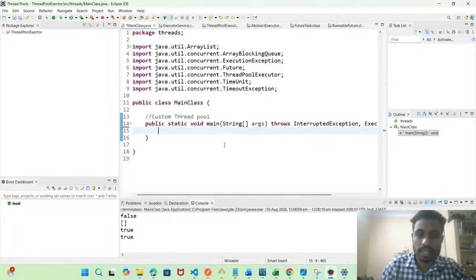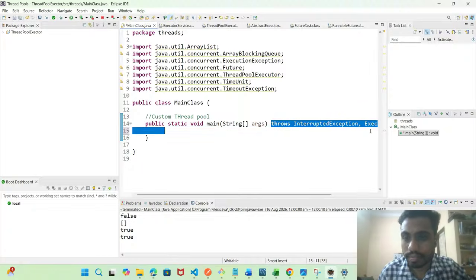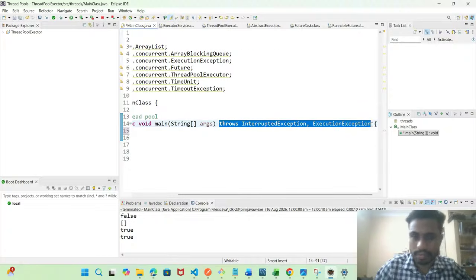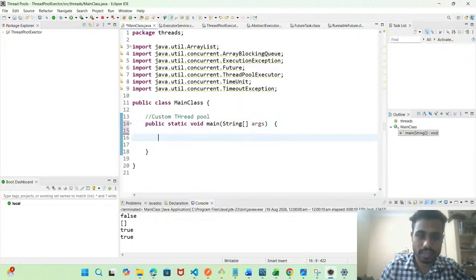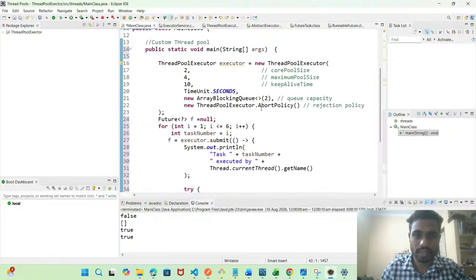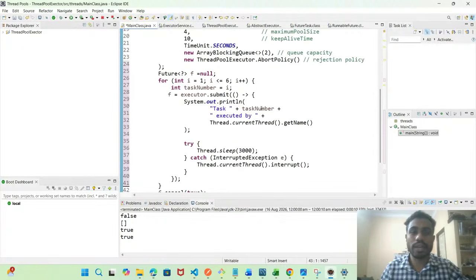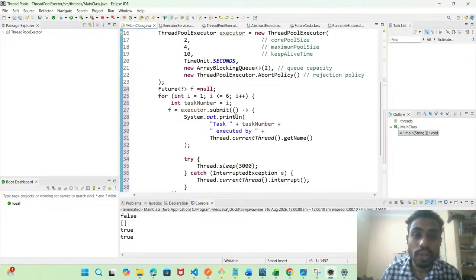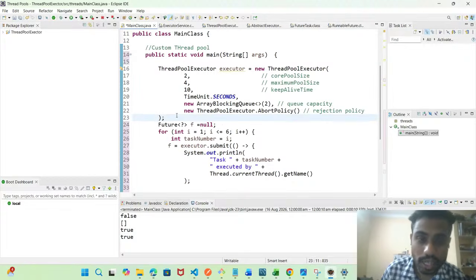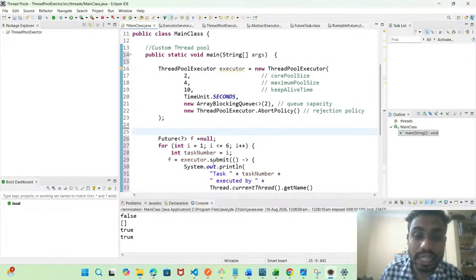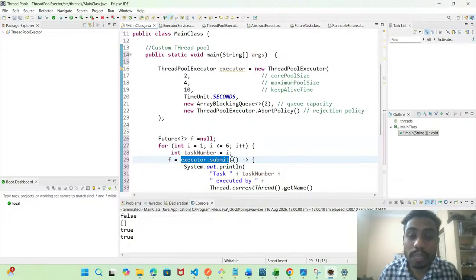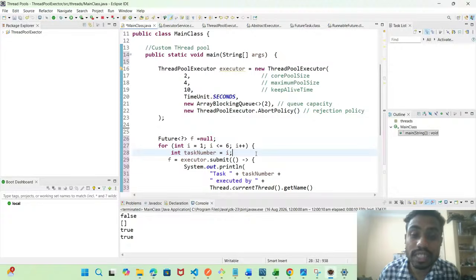See guys, I have removed everything. You see here now, guys. See the flow now. After creating the thread pool executor, we have a method called submit. executor.submit. Can you tell me what is the argument of submit, guys? What is the input of the submit function? Anyone? See here, if you go to the submit function,